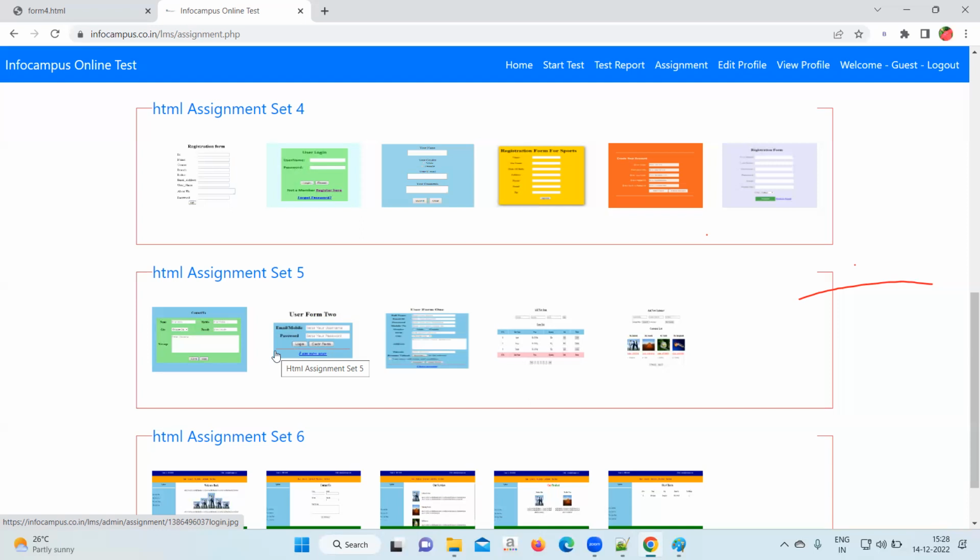Set number 1 was ready, set number 2 is also ready, correct? Set number 3 we have tried. Set number 4 we have tried yesterday. Set number 4